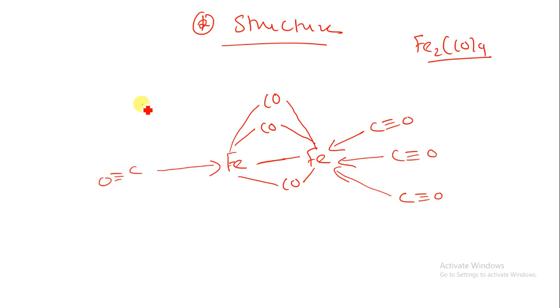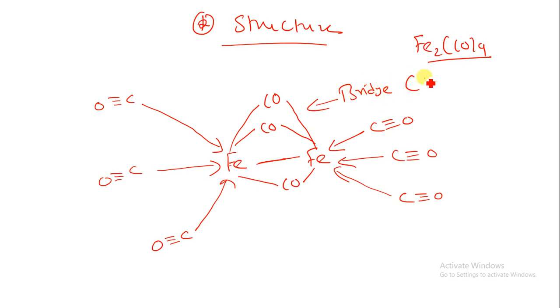Then the fourth, fifth and sixth CO on the other metal. So here I am having Fe as the central metal atom. We have 2 Fe and 3 bridge CO structures, and this is our terminal CO ligand. Suppose I have to calculate the 18 electron count for this structure. What do I have to do?